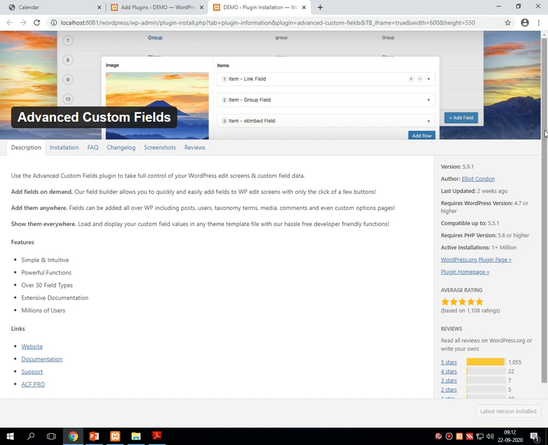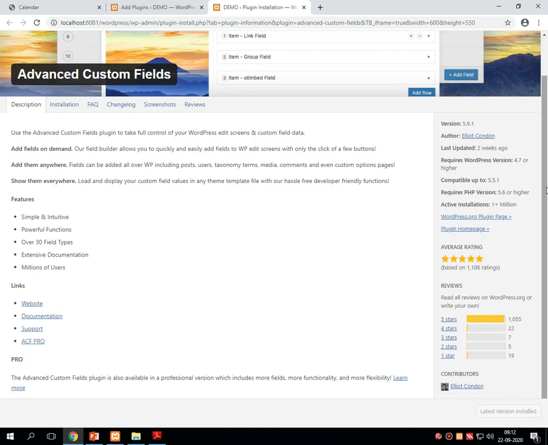So it's open now. As you can see, advanced custom field is a type of plugin which gives the facility to add advanced fields, that is either a text field, radio button, drop down, address bar, and many more, over the page or post.